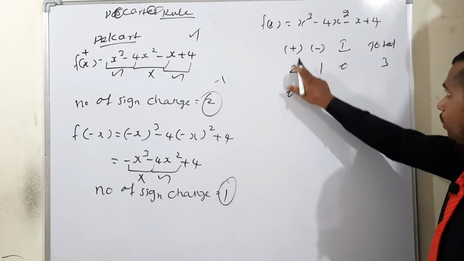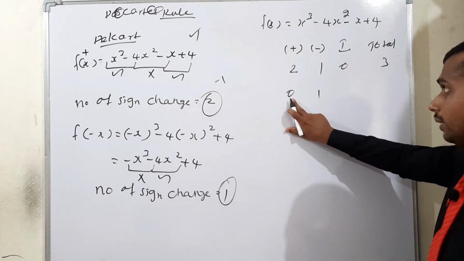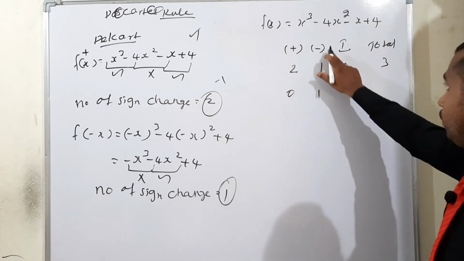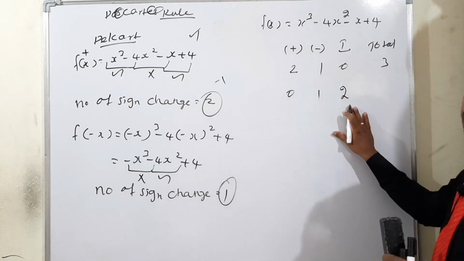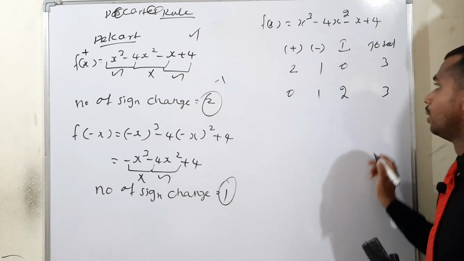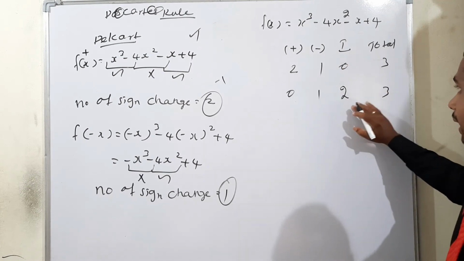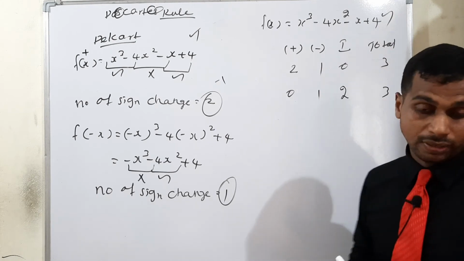So already we know the positive real roots, first case 2 roots. But in the second case, for the number of sign changes there is nothing. We have the negative with only 1 sign change, therefore definitely we can say imaginary 2 roots will be possible. So total 1 plus 2 is equal to 3. So from these two cases, which case is possible, which case is correct for this question? Okay, we will check it.